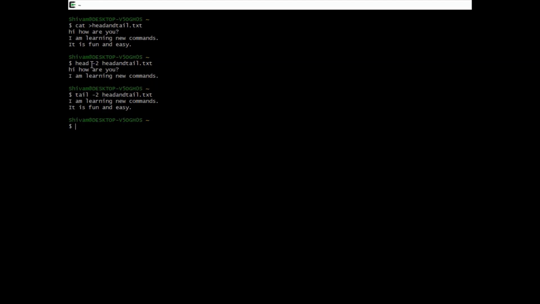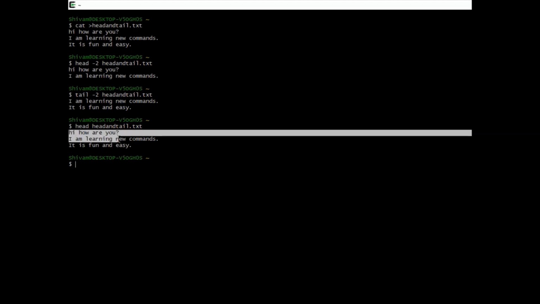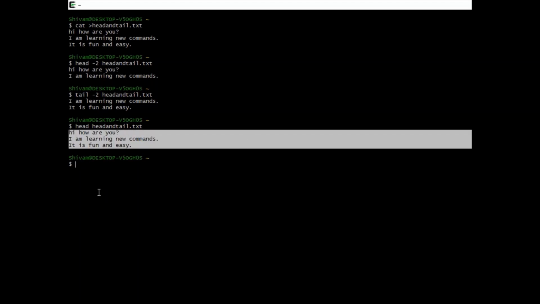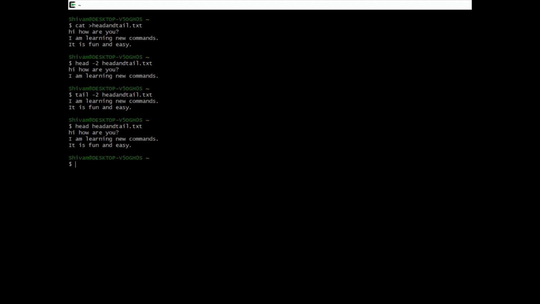If you do not provide any hyphen or any number after the head, then it will take a default value, that is up to 10 lines. So whatever you have in your file up to 10 lines, it will get printed. So let me just show you head. See, we are getting all the three lines. So yeah,